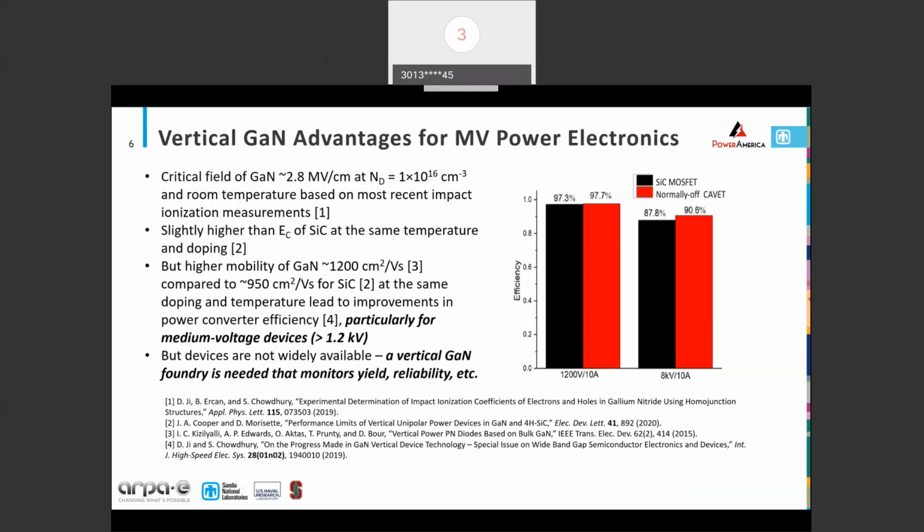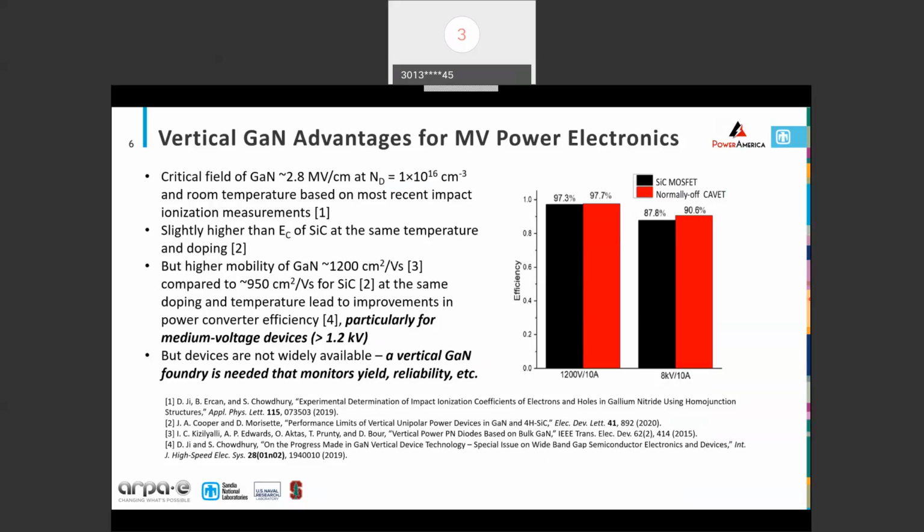But we're thinking for GaN, it's maybe somewhere around 1200 versus maybe 950 or so for silicon carbide. So that potentially does give some advantage for these medium voltage devices. Medium voltage, I'm defining somewhat loosely, more than 1.2 kV, kind of taking 10 kV maybe as an exemplar point for that. And so on the right, these are just some simulations that Trabante's group did, looking at efficiency of